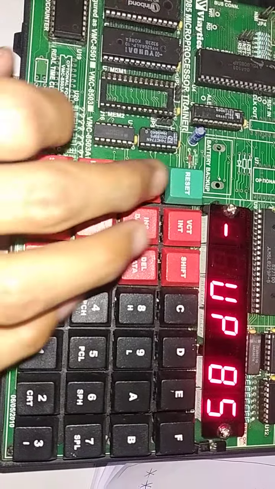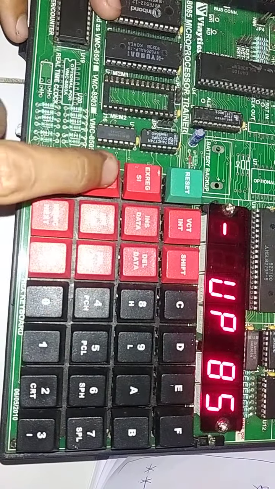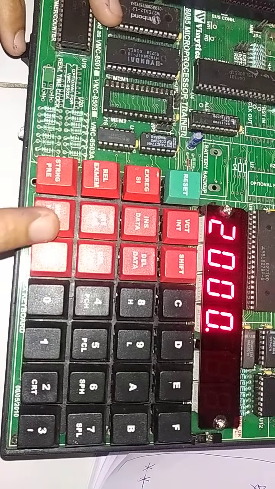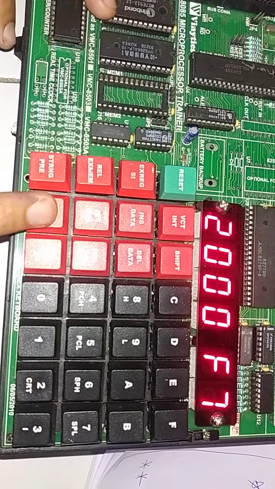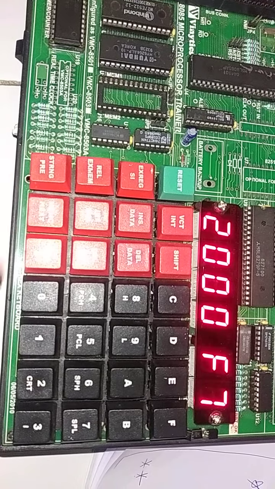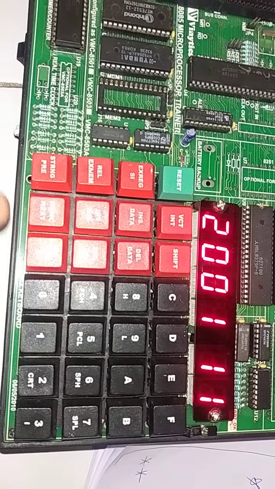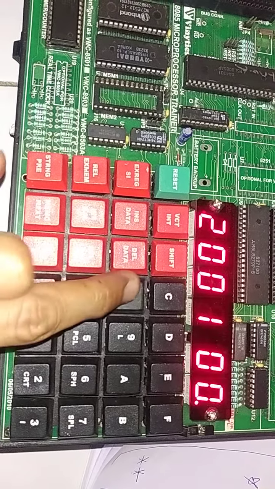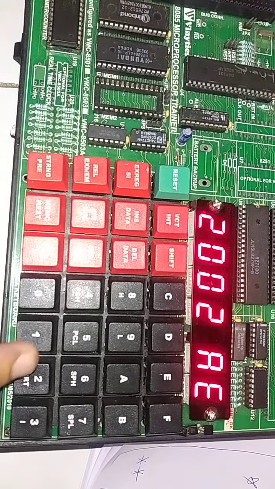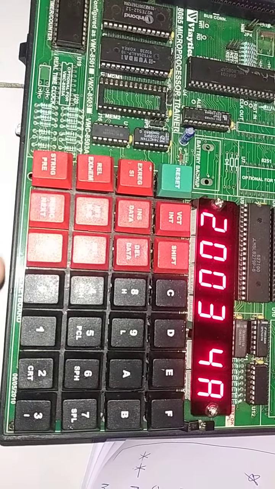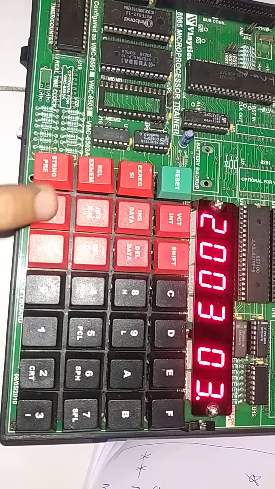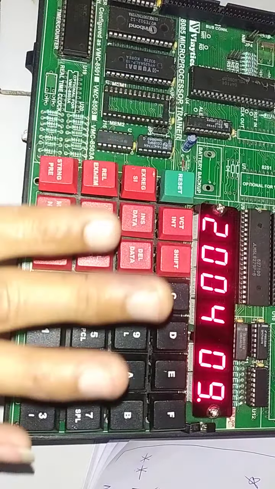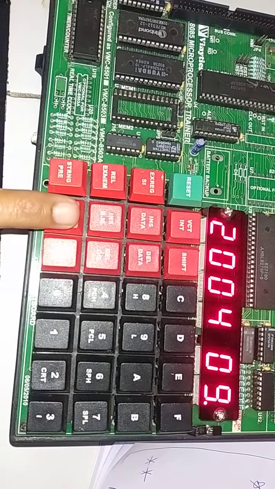So now, first of all, go to reset, then Rel Exam. Now first we have to store the data. So from 2000 we store the data. The first data is 02. Then press next for the next memory location, then 08, then at the next memory location 06, then at the next memory location 03, then at the next memory location 09. Okay. Once you upload all these 5 data, go to next.